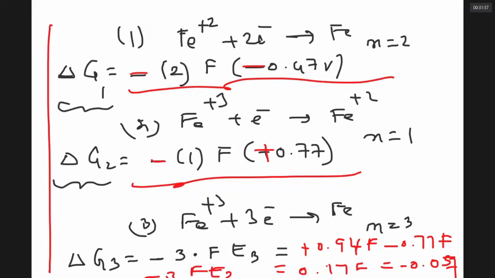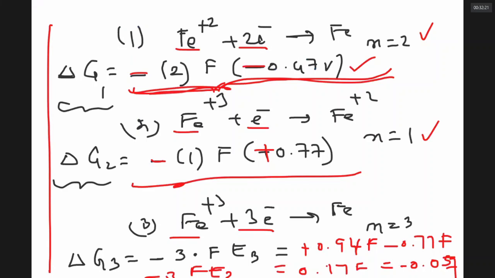Whenever they give me a set of equations, iron gaining 2 electrons, iron plus 3 gaining 1 electron, if I want iron plus 3 gaining 3 electrons, I cannot get the electrode potential simply by adding these two. Instead, delta G is an additive property. Delta G is always equal to minus NFE0. So I work out minus NFE1 here, I work out minus NFE2 here, and by adding these two I will get minus NFE3 here. In each case, N is the number of electrons transferred in the process. Are we very clear?